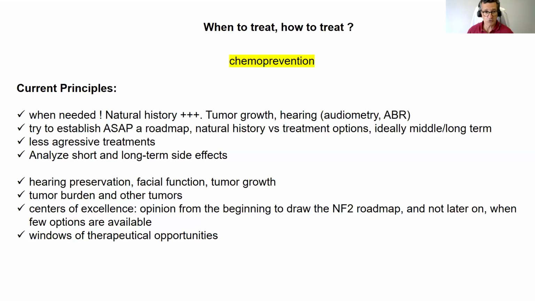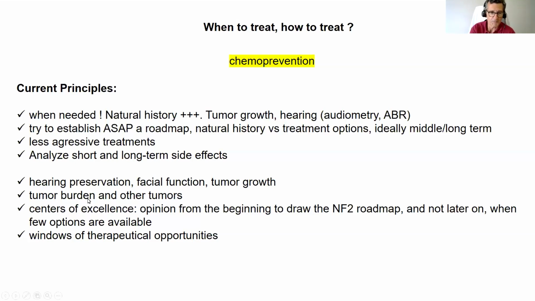I think that we should use the least aggressive treatment. Surgery is maybe the most aggressive treatment on the day of the surgery, but we will discuss this. And we have to analyze the short and long-term effects, because, for example, radiosurgery is not aggressive at the beginning, but for hearing preservation at 5 years, it's not good. So for me, it's a long-term side effect that we have to take into account. So the principles of the management are hearing preservation, facial nerve function, tumor growth. A lot of discussion is based on hearing preservation, but still facial nerve function preservation is the most important part